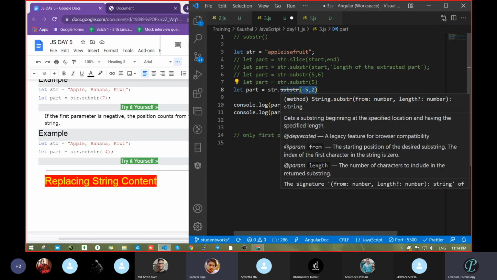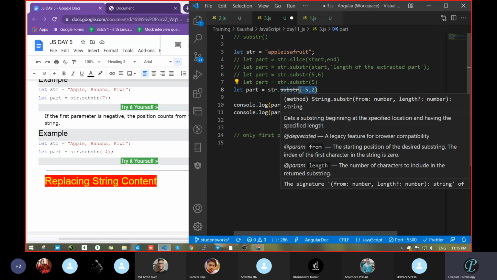Substr will take negative, but the second argument will not take negative, because the second is just the length.